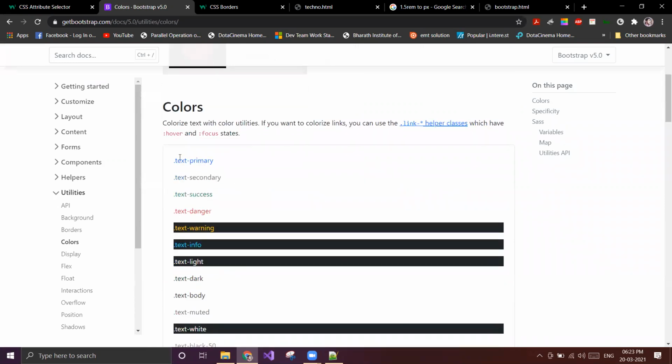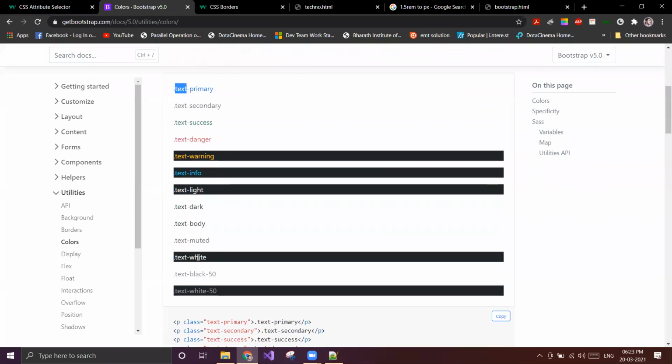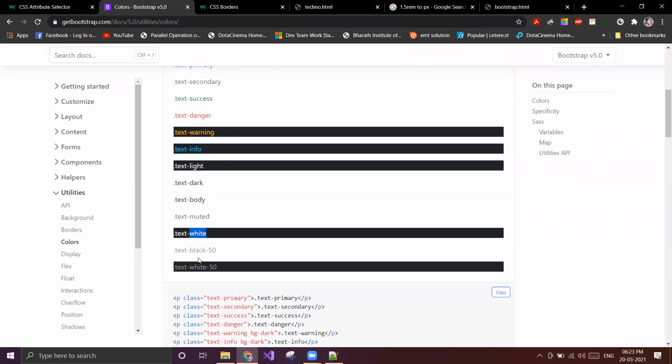We have a class called text primary. If you write text primary, the text will become blue in color. And text secondary, text success, text danger, text warning, text info, text light, like that we have. And we have another one called text white. If we have a black background, we can directly use the class text white, and the text will be white.